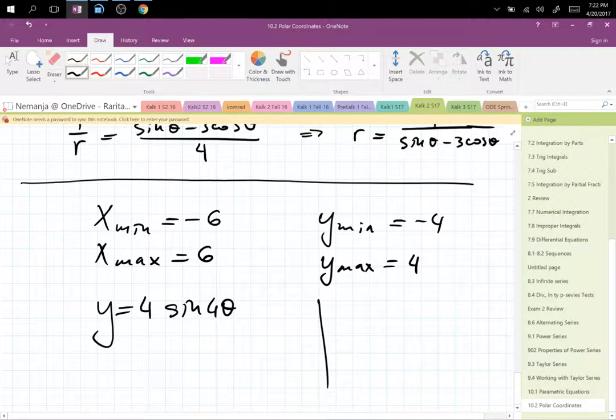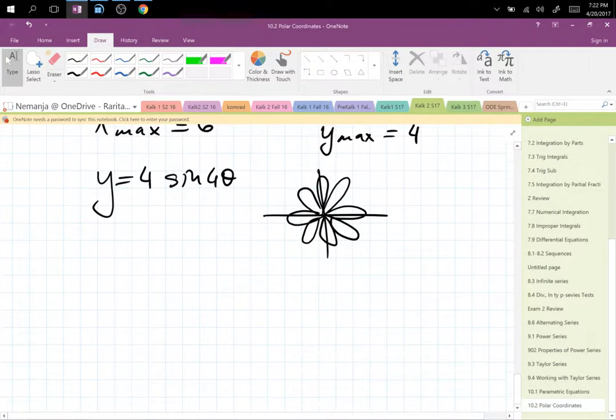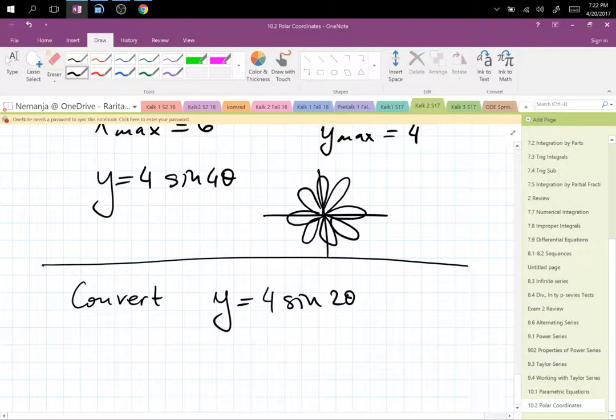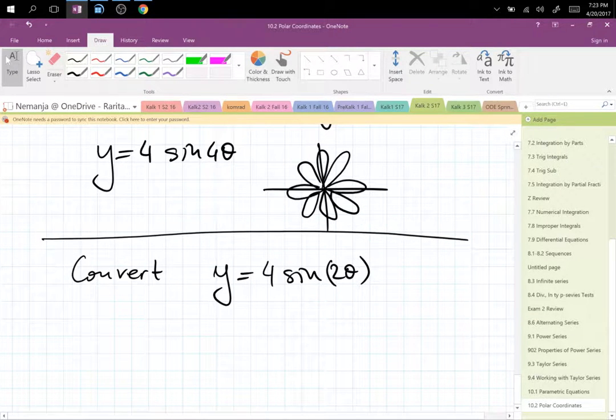So that gave us this. All right, they gave us a flower. So now just convert. r equals 4 sine... You know what? I'm going to do 2 theta, because the 4 theta will take about 15 minutes. 2 theta is faster. So if I want to do this, I will first write it,